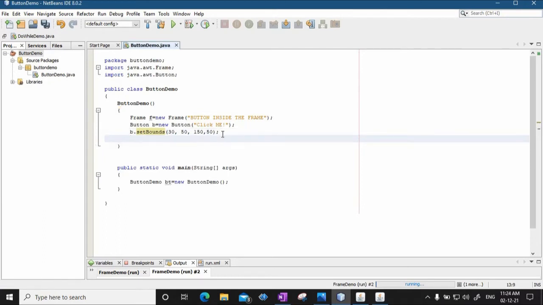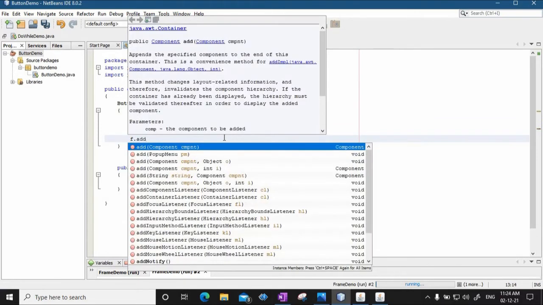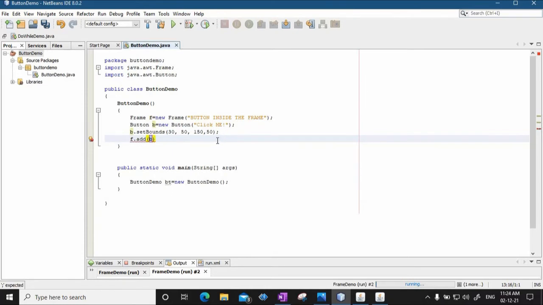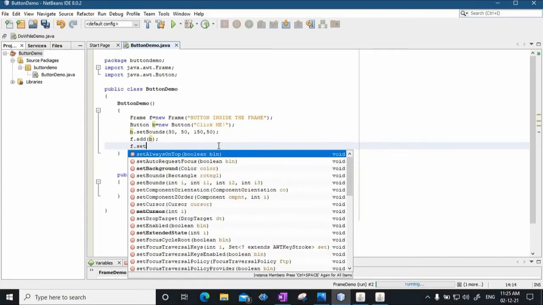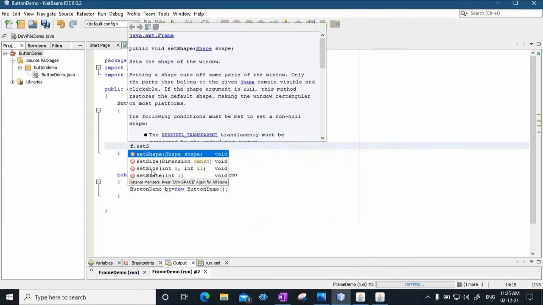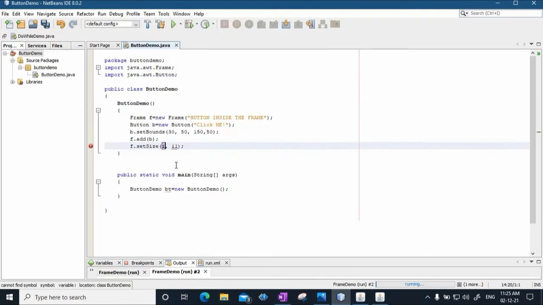But you have not yet added the button onto the frame. So I can say f.add, which will add the button b onto the frame. Now we have added the button onto the frame, but what about the size of the frame? We have not defined it. So I'll say f.setSize.